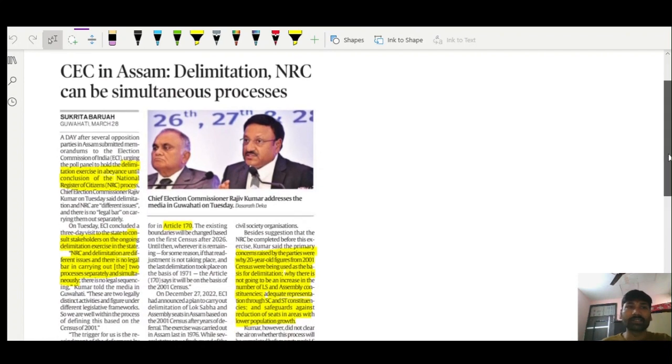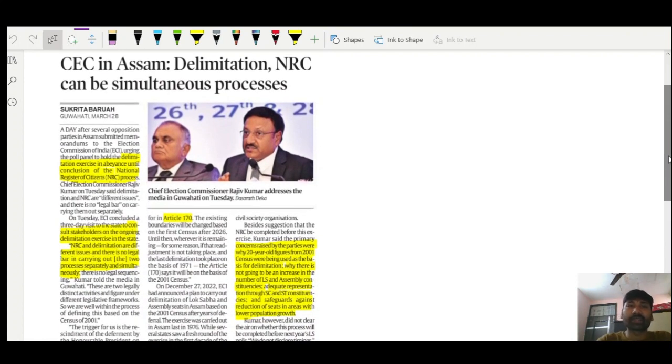The next news article is Chief Election Commissioner in Assam. Delimitation and NRC can be simultaneous processes, right? So, the Election Commission of India is conducting a delimitation exercise in the state of Assam. Article 170 of the Indian Constitution provides for the delimitation of constituencies through a delimitation commission after every census, right? So in this backdrop,